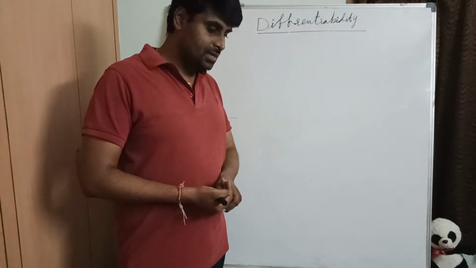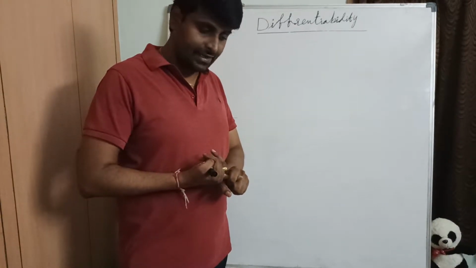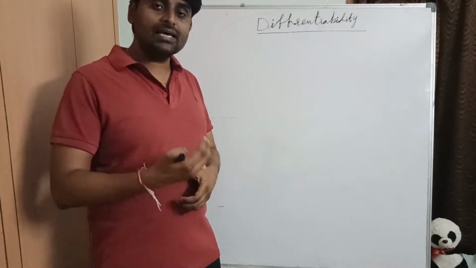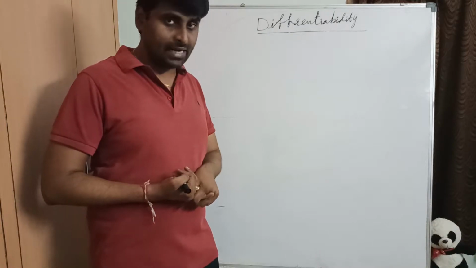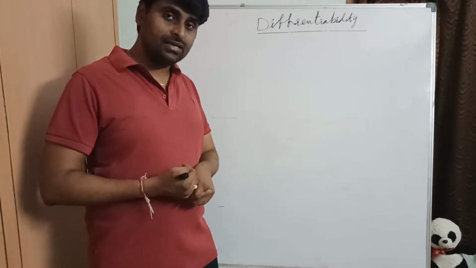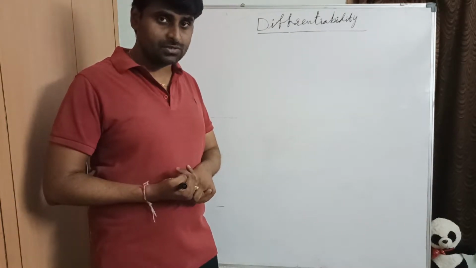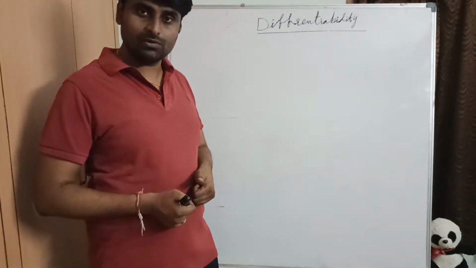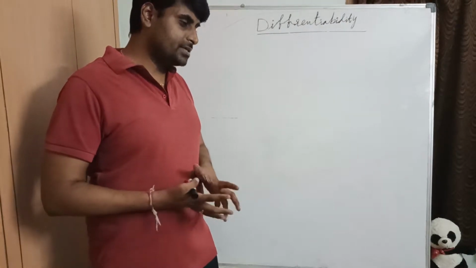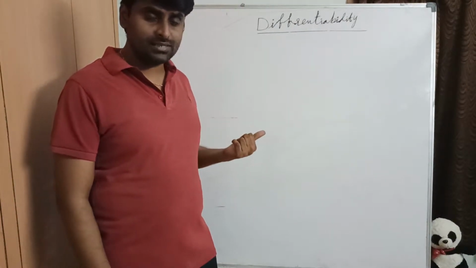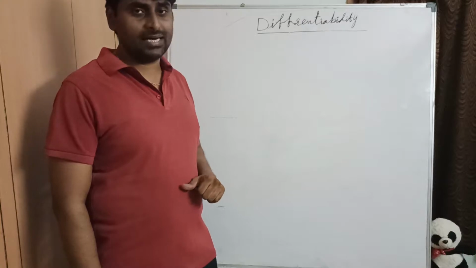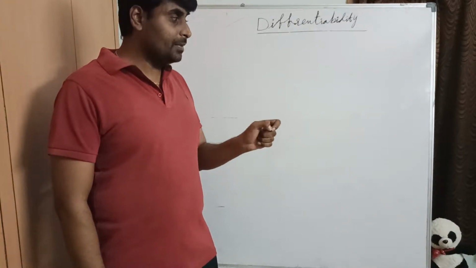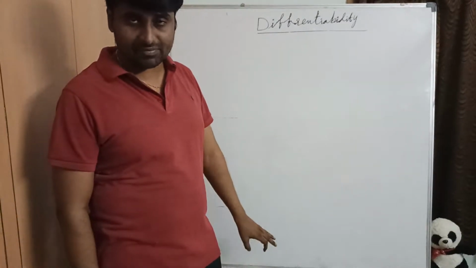As we discussed, first of all, the function must be defined at x equal to a, at that given particular point. Second, LHL equals RHL, left hand limit equals right hand limit. Third, the limiting value of the function equals the functional value, that is, limit as x tends to a of f of x equals f of a. Whenever a function is continuous, LHL equals RHL, and we also discussed removable discontinuity and irremovable discontinuity in the previous lecture.